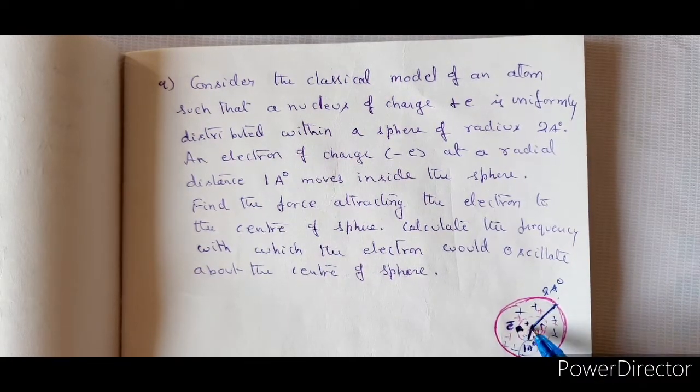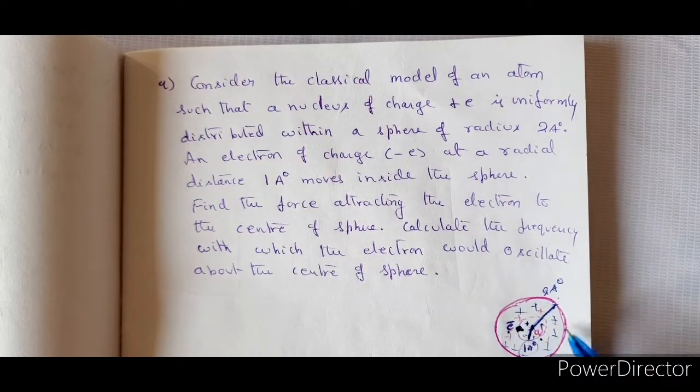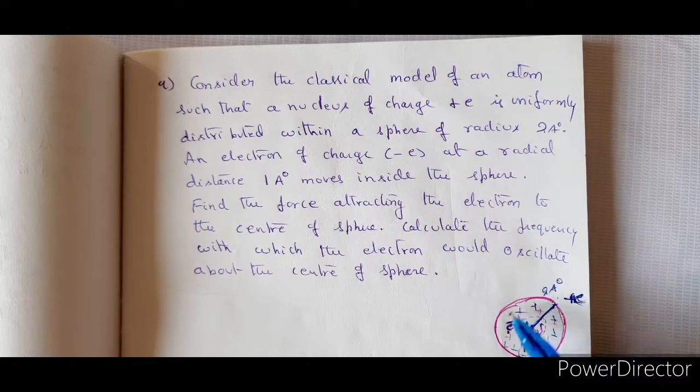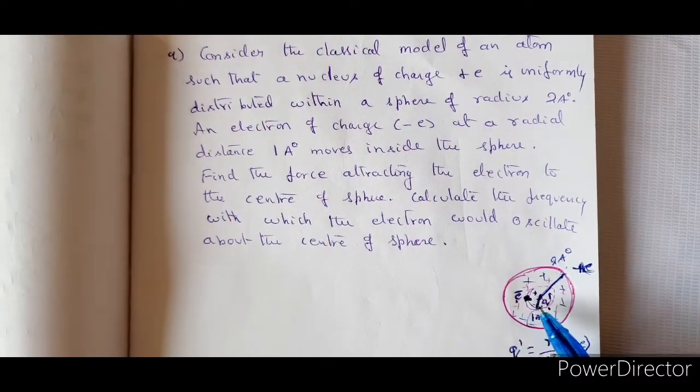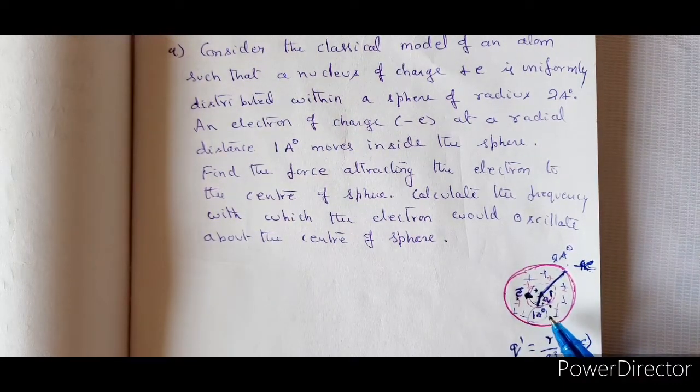We have to find out the force of attraction between the electron and this q prime charge. So that means the complete sphere is having a charge of q, or what is the charge he gave? Yes, plus e. He gave it as plus e is the complete charge. And now what we want is only this particular portion of the charge, like how much it is there. So it is analogous. Already in the starting we have discussed that charge and mass are analogous to each other. So as you have 4/3 pi r cube into rho for the mass, here the charge distribution is also like that because it is uniformly distributed.